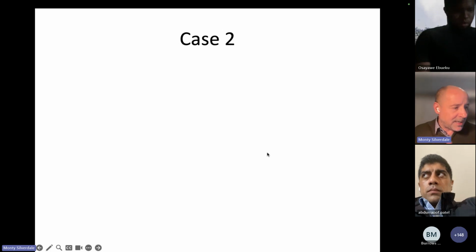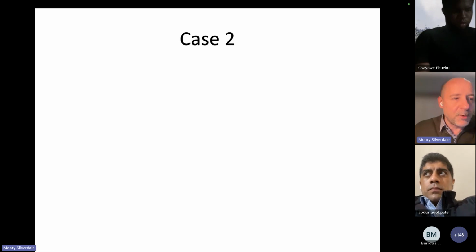It's basically just to try and keep it exact from the moment they get up to the moment they go to bed, really. So case 2, a